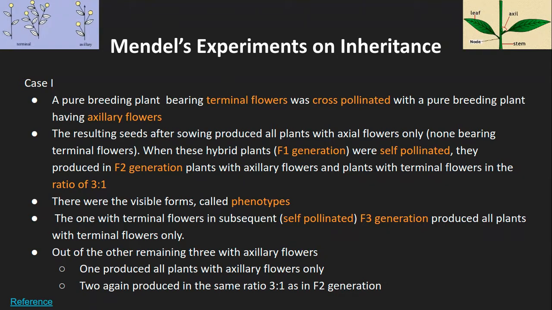That was the pure breed. So he took one of terminal, one of axillary, and he cross-pollinated. That is cross-breeding: axillary flower with terminal flower. And then he looked for what offspring would come into the picture. So the resulting seeds of this crossing of terminal with axillary, what he found was, after